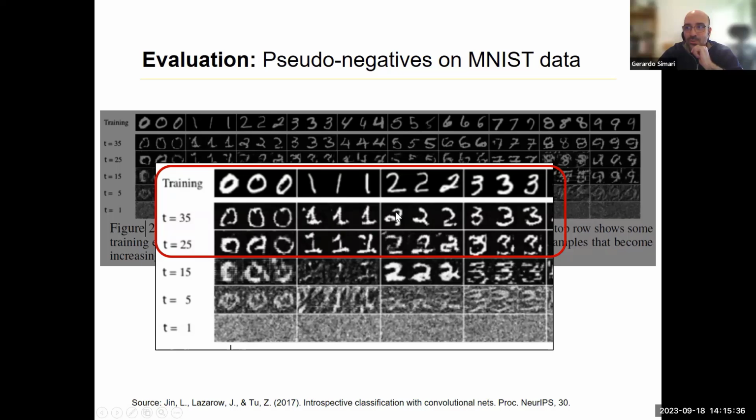The same thing with the 2s. You have this loop that might confuse the classifier and make it seem like a 3. The 3s themselves, I'm not sure exactly what's going on. Maybe they kind of look like a 5. And I just chose 0 through 3 here to zoom in, but you can also look at others, like the